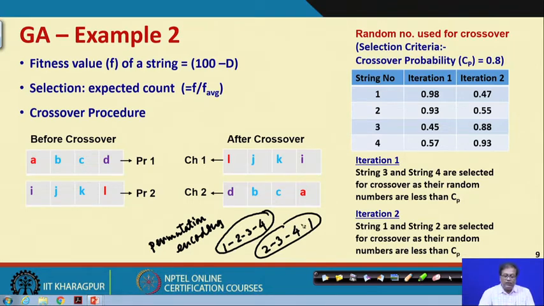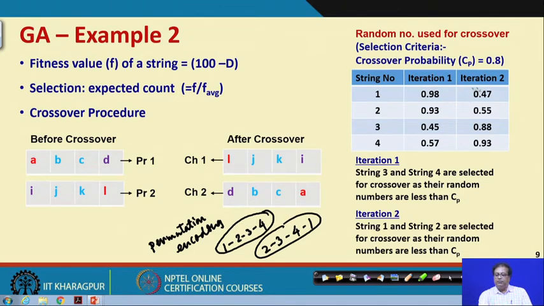I hope you understood the crossover and mutation. A, B, C, D and I, J, K, L after crossover will become L, J, K, I and D, B, C, A: the last one should be first, the first one should be last, and the middle ones remain as they are. So, here also A, B, C, D becomes D, B, C, A. Alright. Now, we choose some random numbers, let us say the crossover probability is 0.8.